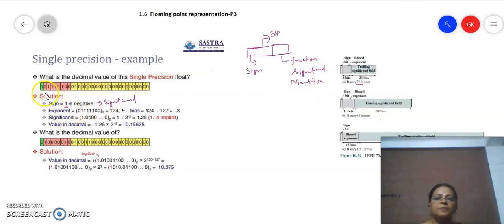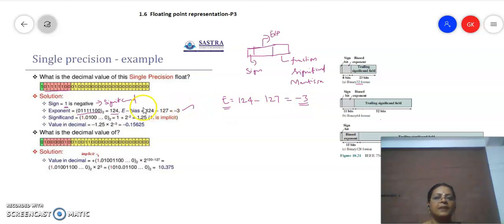Now in the exponent part, if you observe, there is an 8-bit binary number. You take this 8-bit binary and convert it to decimal, and you will get 124. So the exponent E is identified as 124. You cannot take this 124 as such, because in the biasing of the exponent, which we already discussed, the bias value would have been already added to make the exponent a positive number. To get the original value, you have to subtract the bias. If it is an 8-bit exponent, the bias value is 127. So 124 minus 127 gives minus 3. So the actual exponent for this example is minus 3.